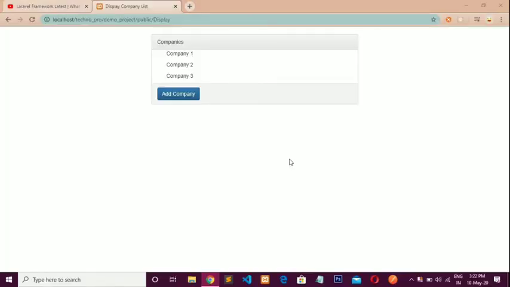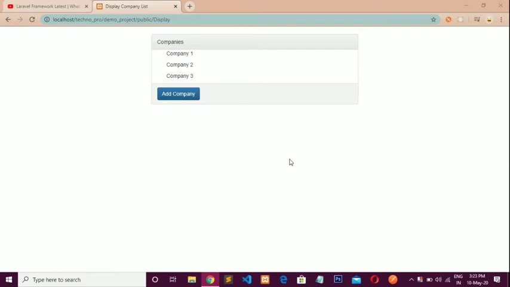We will create one Laravel application which covers CRUD operations, meaning select operation, insert operation, delete operation and update operation. In the last video I did the Bootstrap integration and maintained my directory structure. In this video we will see the select operation and the insert operation, and in the next video we will see the delete operation and update operation.